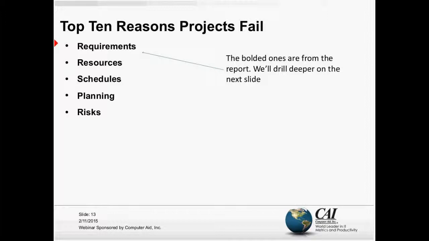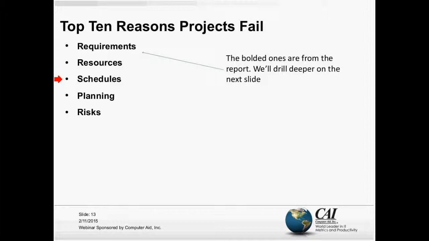So here we are. Secondly, resources. If you're a manager out there, do you know where your people are at any point in time, what they're working on? They're working on 3 projects at once, perhaps. Do you know where their time is spent? Schedules. Schedules are unrealistic. Someone says, I need it by September 15th, and we create a schedule that says September 15th, but it's not realistic necessarily. And by the way, I'm talking about reasons why projects fail. If your project is succeeding, then you're doing a lot of these things right. I'm talking about why they fail.